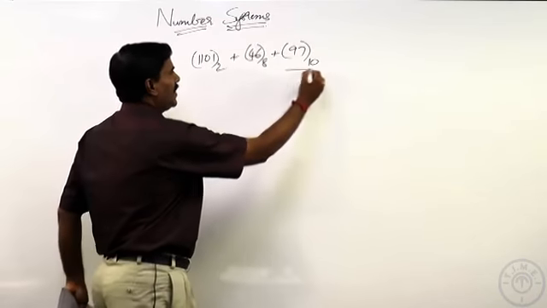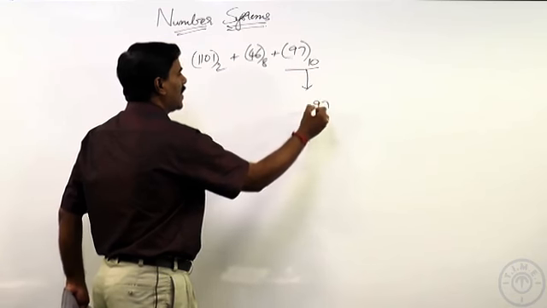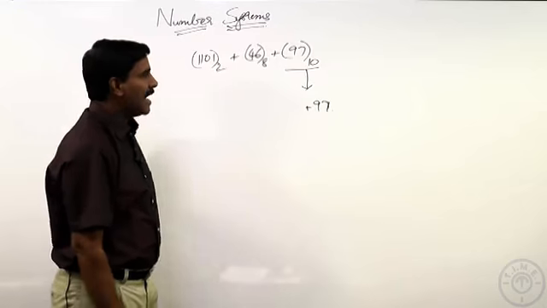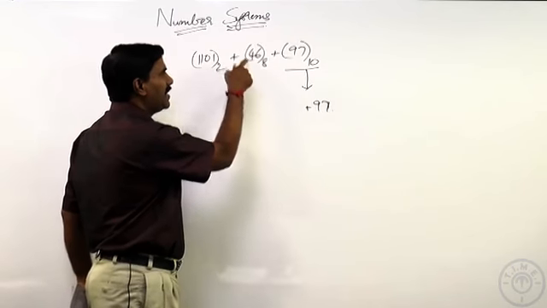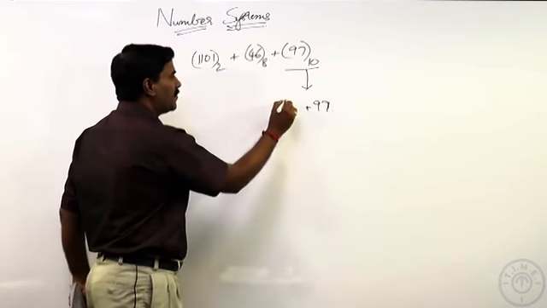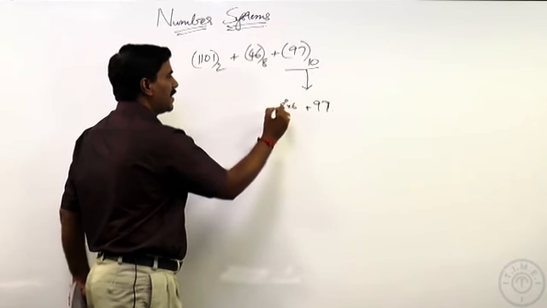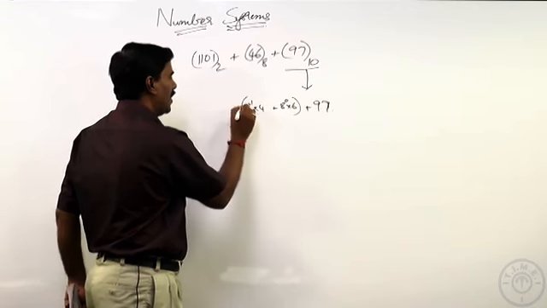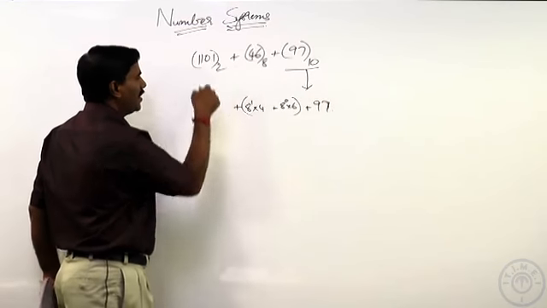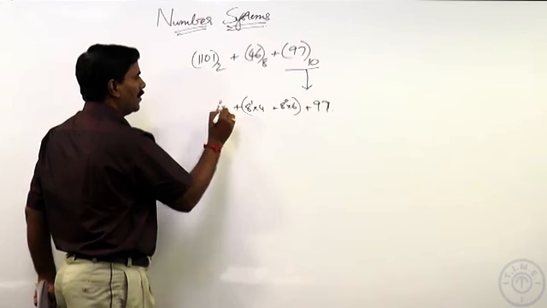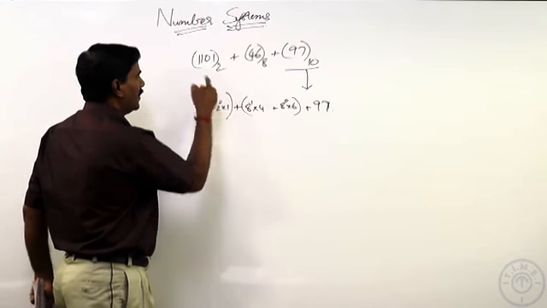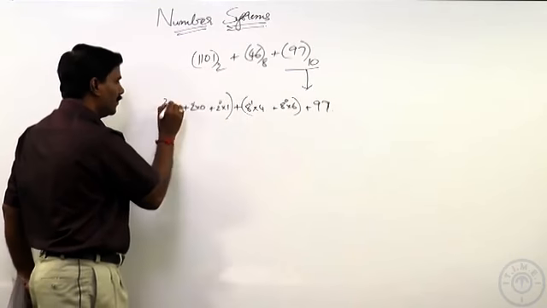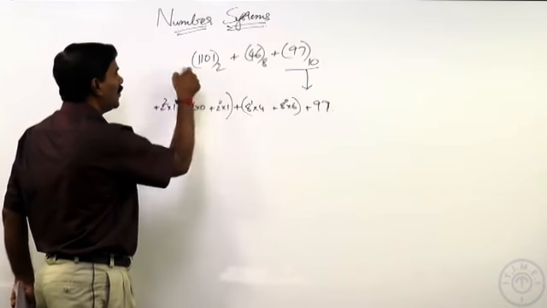And anyway, the last one is already in the decimal system, so we don't have to consider it again; write the base as 10. And here, the base is 8, as mentioned earlier. This is in the 1's place and this is in the 8's place. So it's basically 8 power 0 into 6, and the next one will become 8 power 1 into 4. And here, this is in the 1's place, so 2 power 0 into 1, and this is 0, 2 power 1 into 0, 2 square into 1, and finally 2 cube into